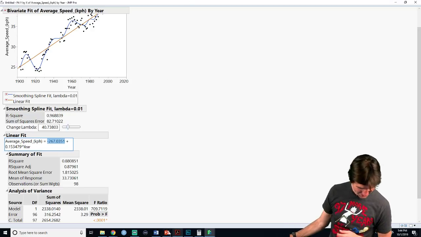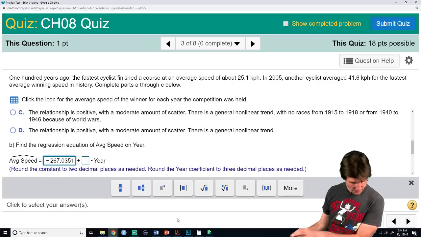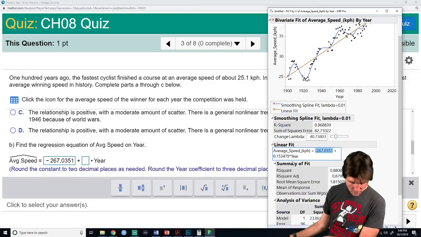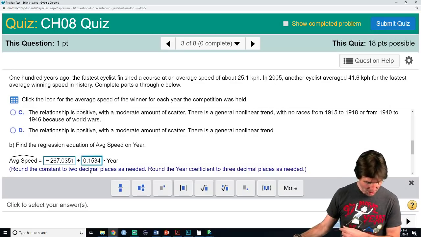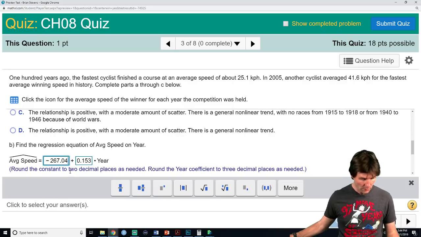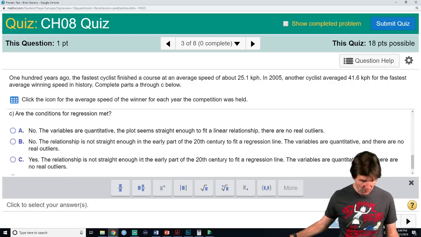Oh no, Serena, these questions can be a little tricky. So let's go to the intercept. If everyone sees where I'm grabbing this equation from, let's make it full screen, double view. There's the equation right there. Now it's going to get mad at me. This one's also tricky. A few people in office hours missed this. Watch out. This one wants it to 3. This one wants it to 2. So be careful. It says here, round this one to 2 decimal places, and then it says round the coefficient of year to 3 decimal places.